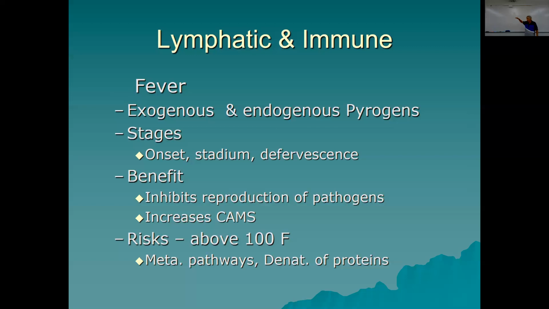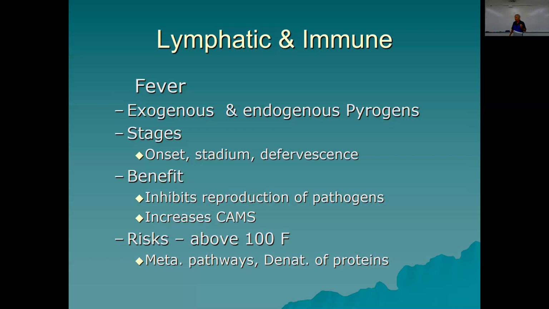Their body thermostat is higher. And that stays for a certain number of days or whatever until you fight off this infection. And defervescence is your body temperature coming back down and being reset at the normal place at 37 degrees Celsius or